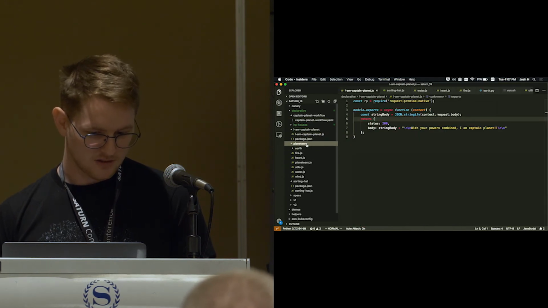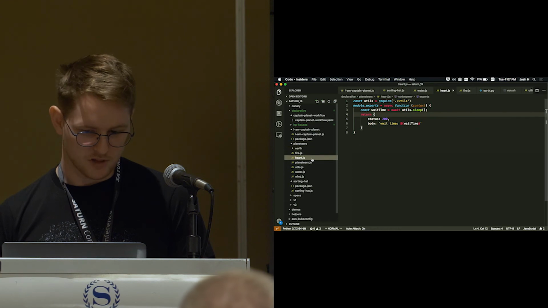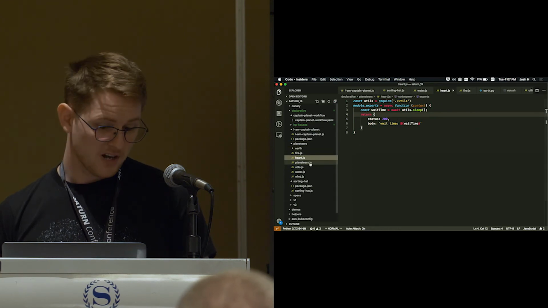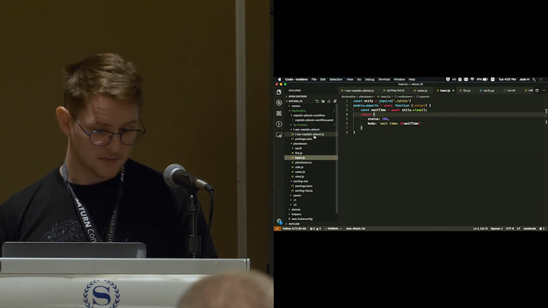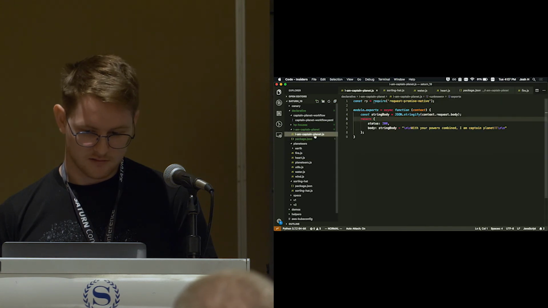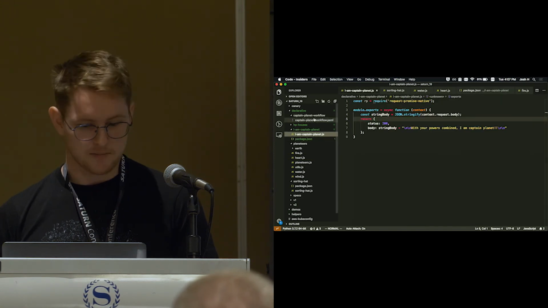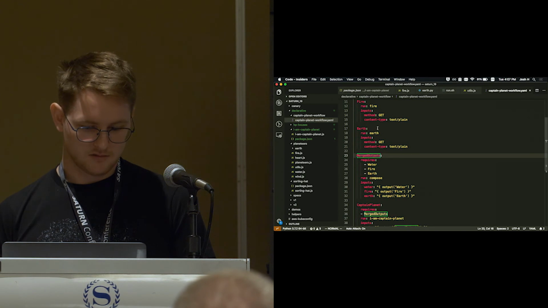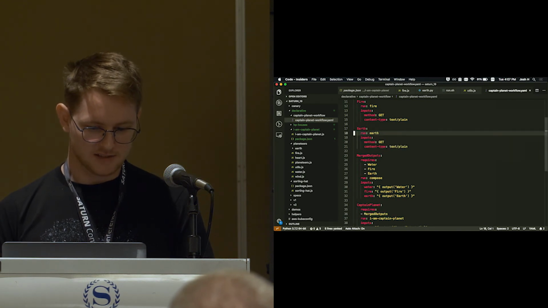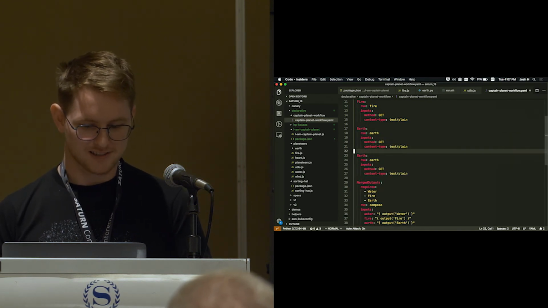So if I wanted to add heart to my Captain Planet workflow, then I'd basically just copy this